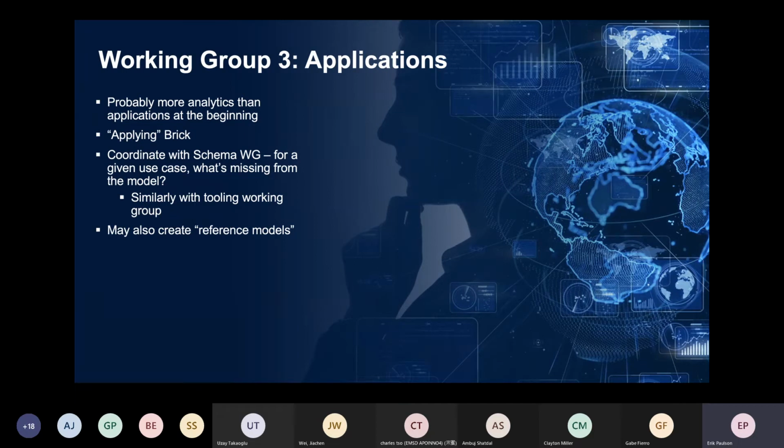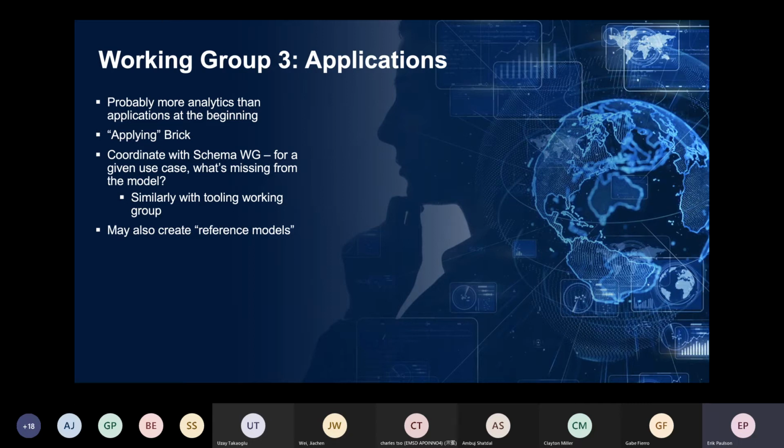So we get the best feedback from people who are using Brick and finding its shortcomings: hey, I tried to do this and I couldn't figure out how to do it. How do we do this? And so we want to bring some of that, hey, I'm using Brick and how do I do this, into the consortium and in-house, so we have this validation, a kind of check and balance on the schema to make sure that we're making something that people want to use. And that's what the applications group is going to do. As well, there are a lot of great algorithms and ideas and analytics out there. Let's make sure that we translate those into Brick so that they can be more widely distributed.